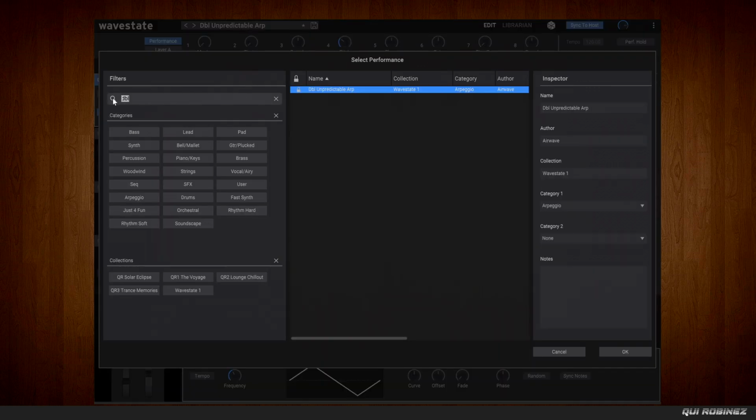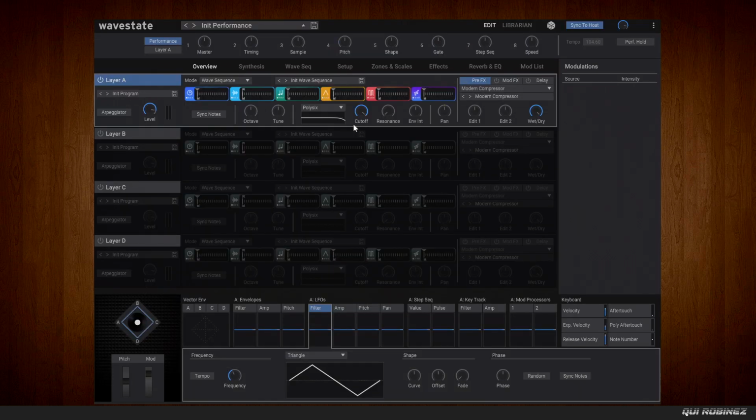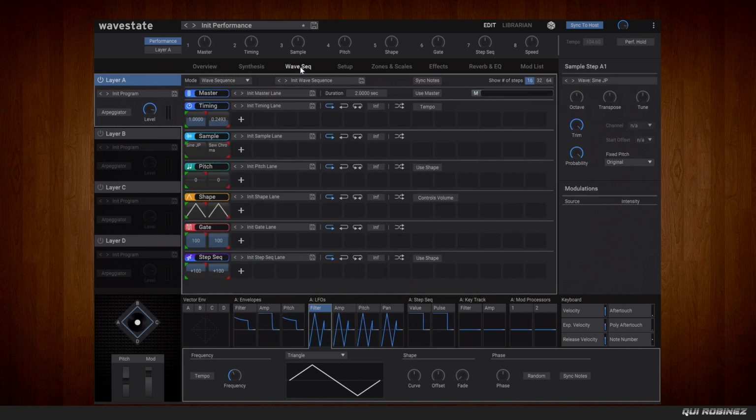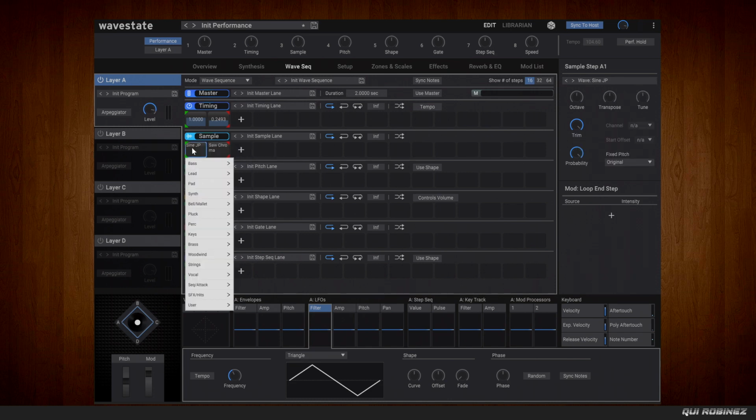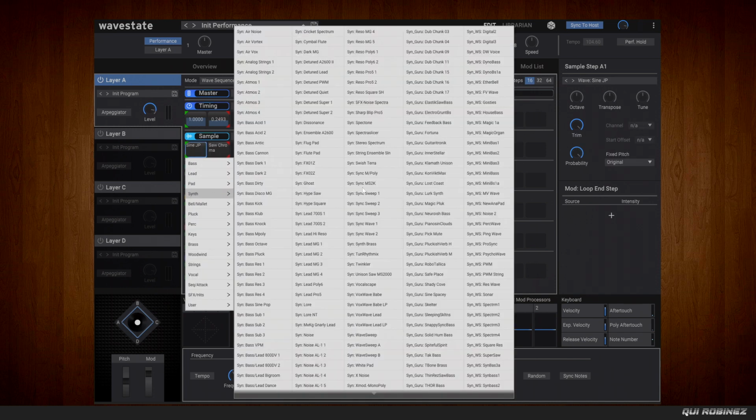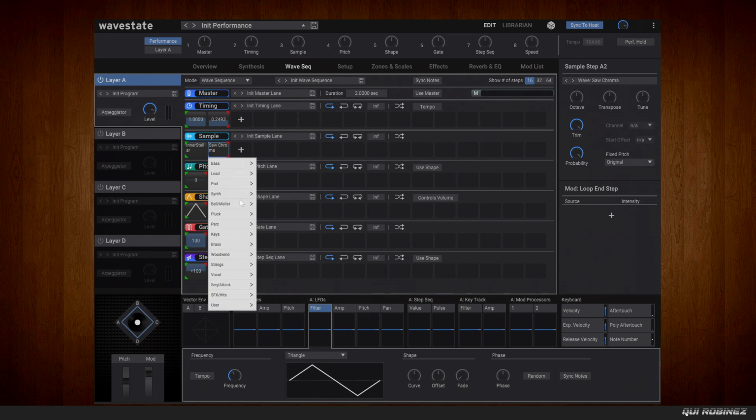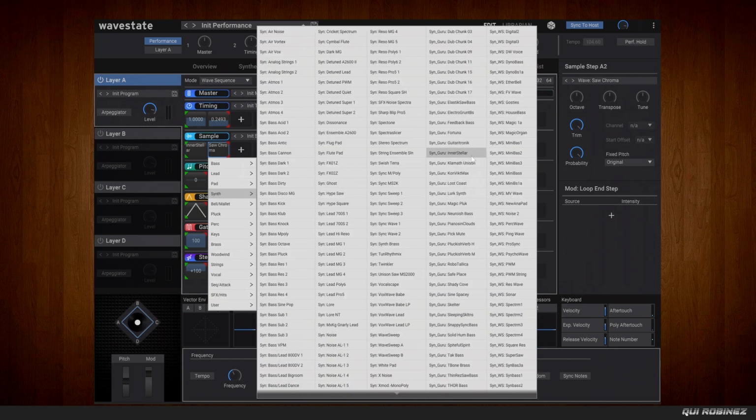So we know the drill from the other tutorials. Let's load up an init performance. Here we are, and we have the synth to sound again. So let's quickly create a pad sound for this. We are going to select a sample called Interstellar. It's in the synth category. And we are going to use the